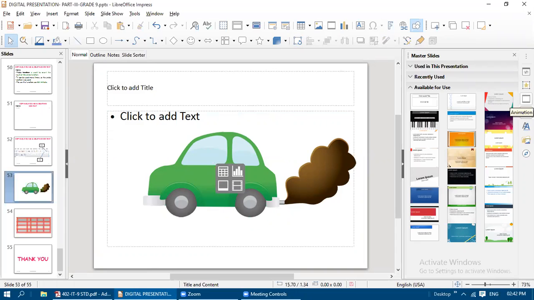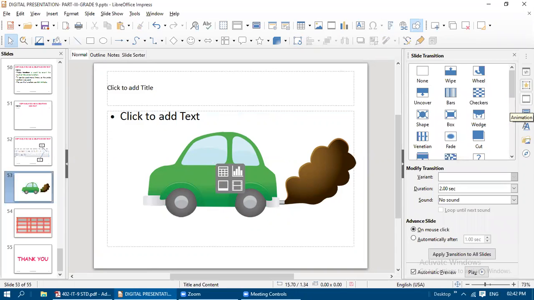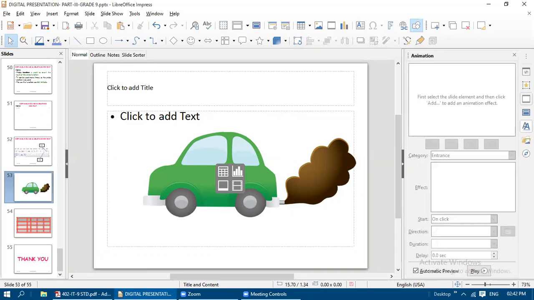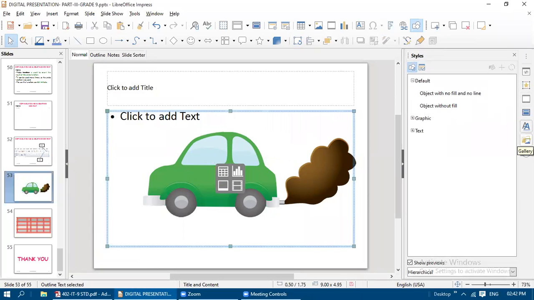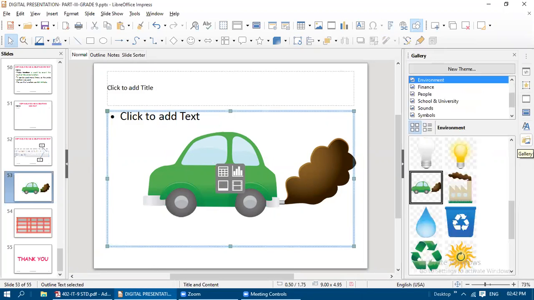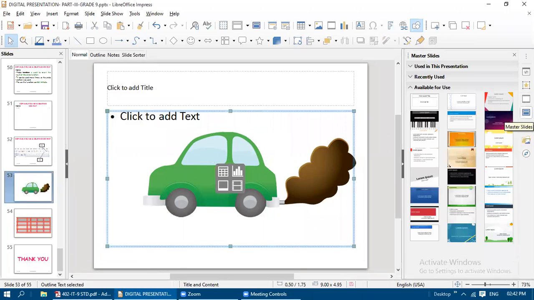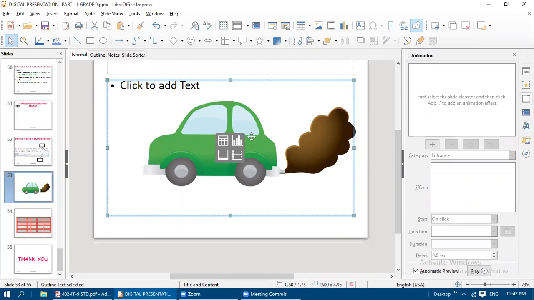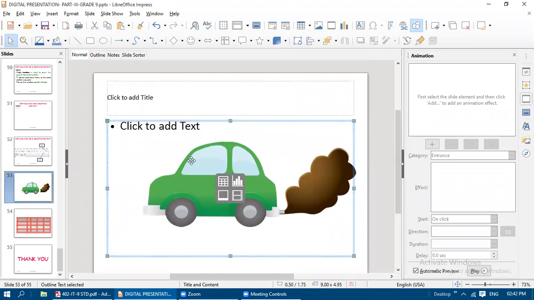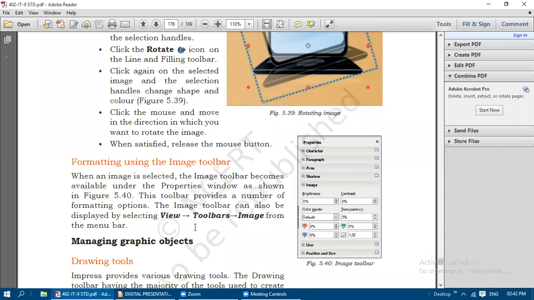See, the right side properties window, what is that properties window? We have the image toolbar.